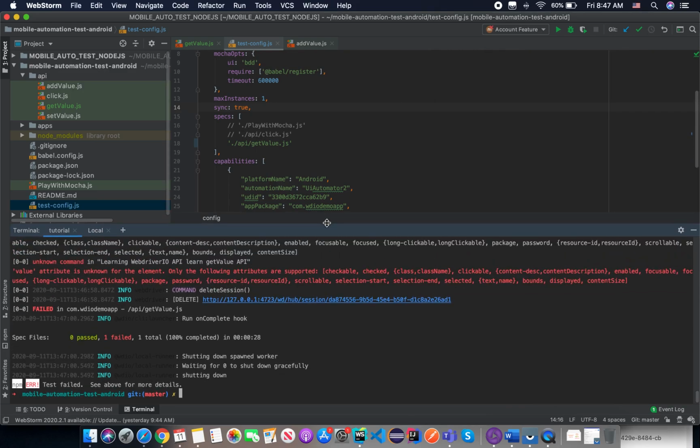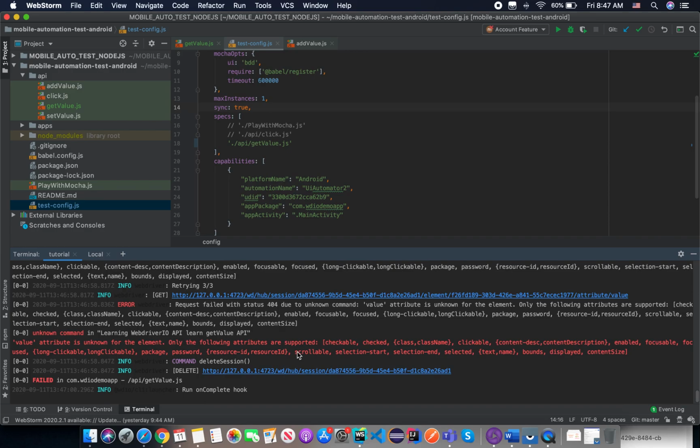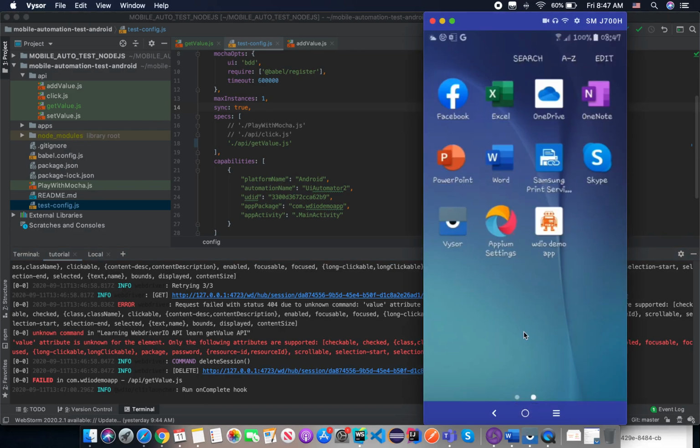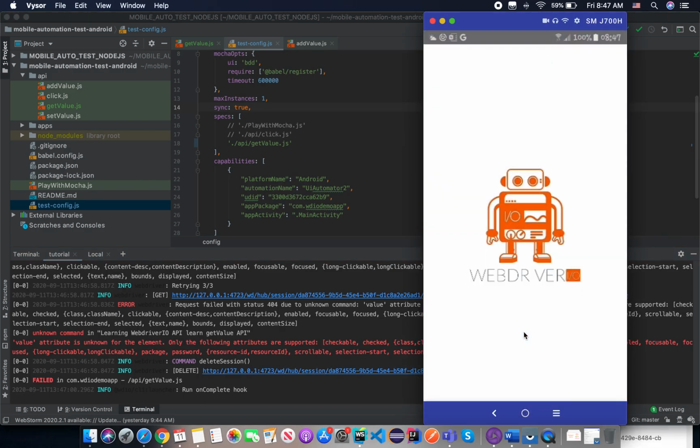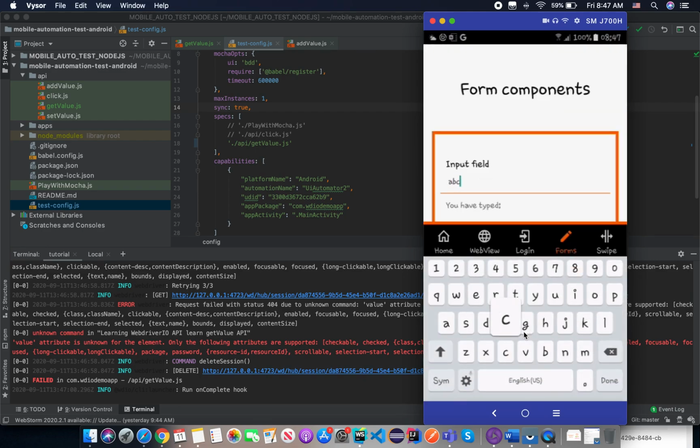Okay, let's check the result. I see. It's not get value yet. It should be getText. Sorry about that. GetValue is something different. For example, if you input something on this field, sorry, let me open the app again. If you input something here, ABC, and you want to get